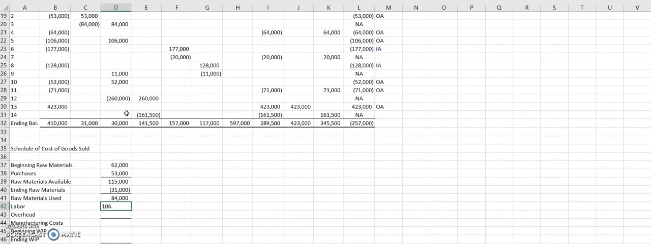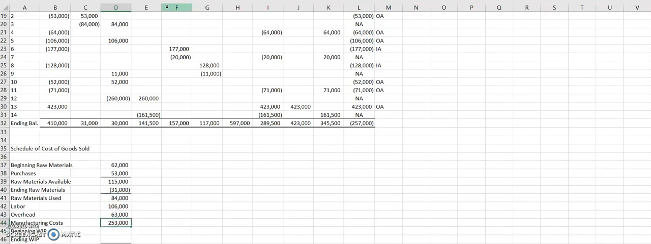So we had 106 in labor and overhead. So we've accounted for the materials, we've accounted for the labor. These last two items here were our two overhead items. We had our depreciation and our rent. So we can add those two items up, our depreciation and our rent, and see that we had $63,000 in total overhead. So our total manufacturing costs were the materials that we used, plus our labor, plus our overhead, for